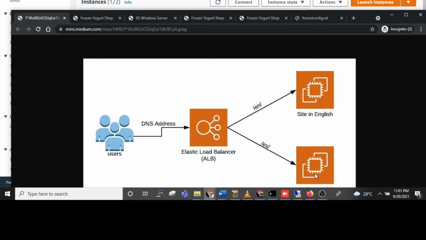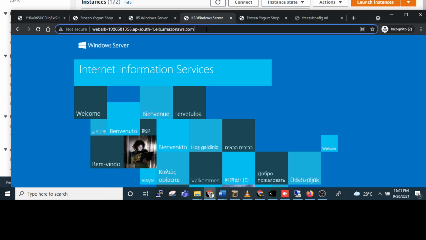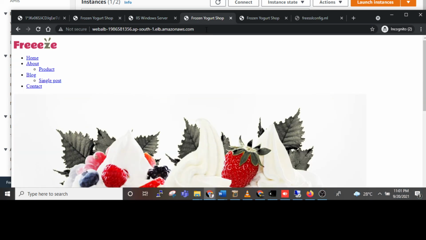Suppose the secondary goes down, all the traffic will go to the primary instance. That is how the application load balancer works. This is the application load balancer link. It's going to the secondary, after that to the primary.